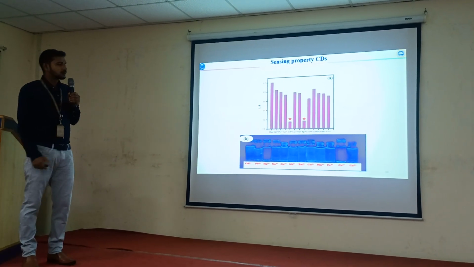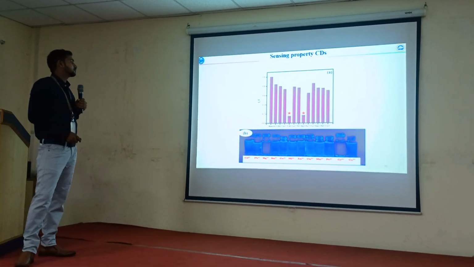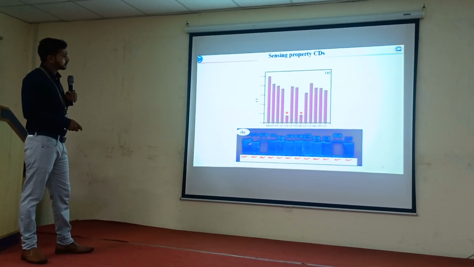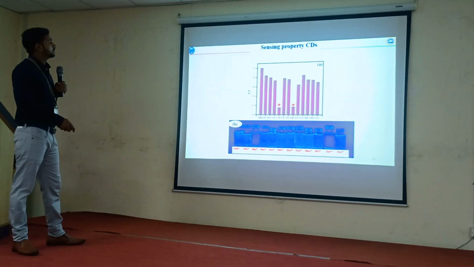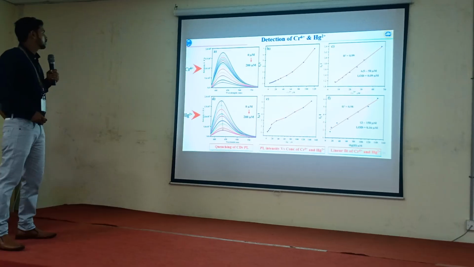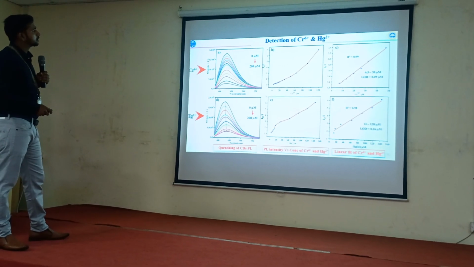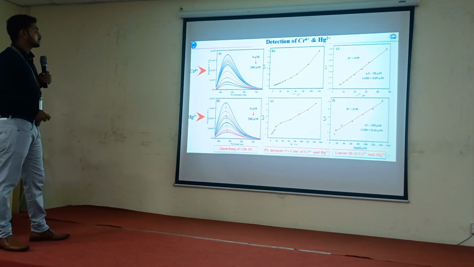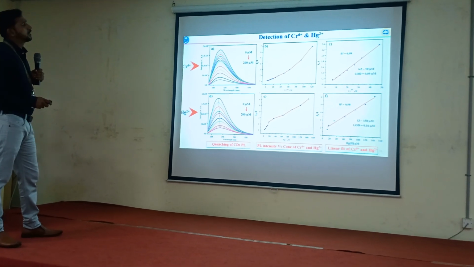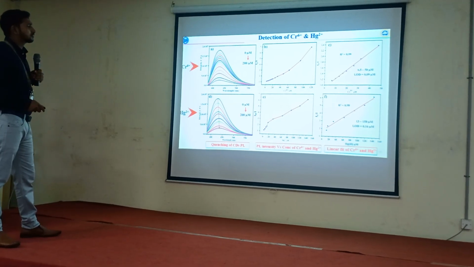And the sensing property of the carbon dioxide was studied with various metal cations, from which chromium and mercury are selectively detected by the carbon dioxide, which is shown in figure B. And figures A and D represent the quenching plot of carbon dioxide with chromium and mercury with the concentration of 0 to 200 micromolar addition, and figures B and E represent the PL intensity of carbon dioxide versus concentration of chromium and mercury,